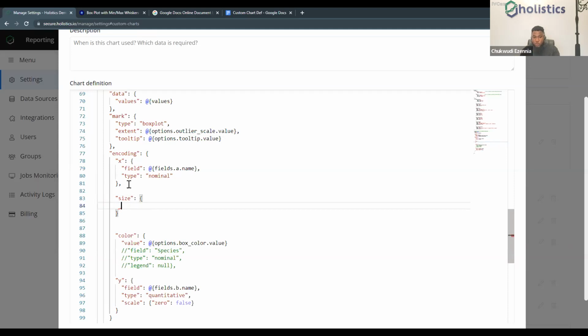The same way we had color and had value for color, that's the same way we have size, and then the value for size would be string interpolation again, at options dot box size. That's one of the options we defined up there, box size dot value. We need to put in the comma here so that it counts as part of this list.